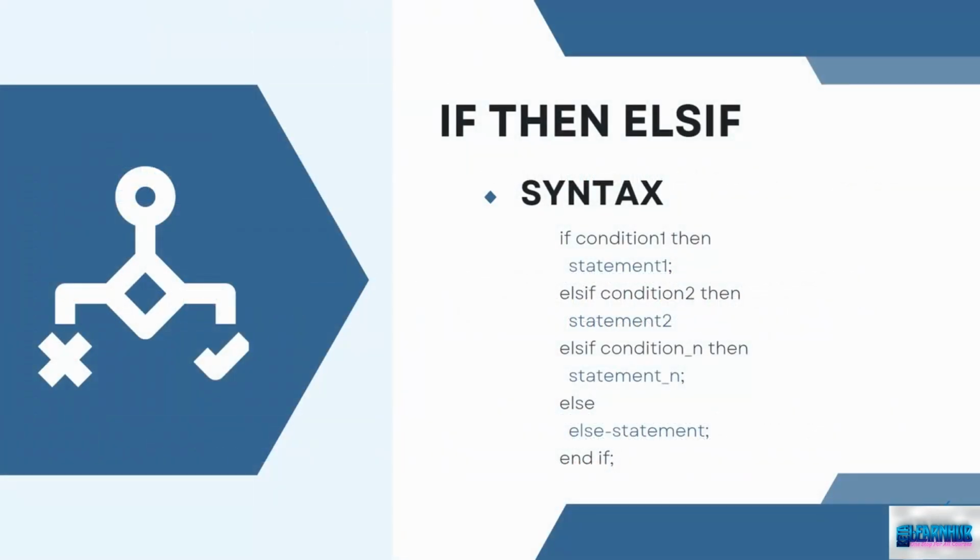So, for an if then else if statement, the syntax is: IF condition_1 THEN, next line, statement_1; next line, ELSE IF condition_2 THEN, next line, statement_2; next line, ELSE IF condition_n THEN, next line, statement_n; next line, ELSE, next line, else-statement; next line, END IF;